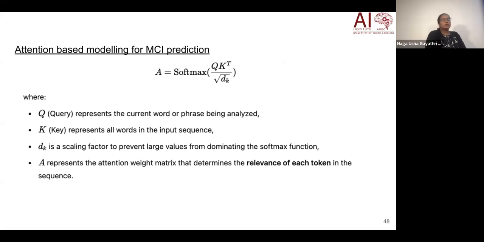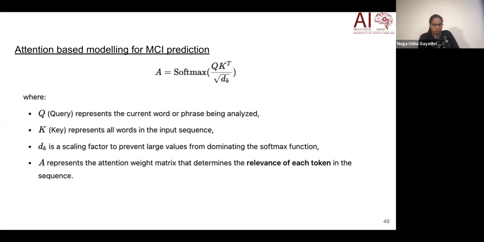Okay, so the core of the attention model that we proposed here, CCDA, cross-cognitive domain attention, is a scaled dot-product attention mechanism, which assigns selectively higher weights to the main concepts of interest. For example, here it assigns higher weights to linguistic and speech features that are most indicative of cognitive impairment as per literature. This mechanism also operates within our transformer-based architecture, enabling the model to focus on key components of a verbal response. It also filters out the less relevant elements, and the attention is computed as this, where Q is the query, K is the key, and d_k is the scaling factor to prevent